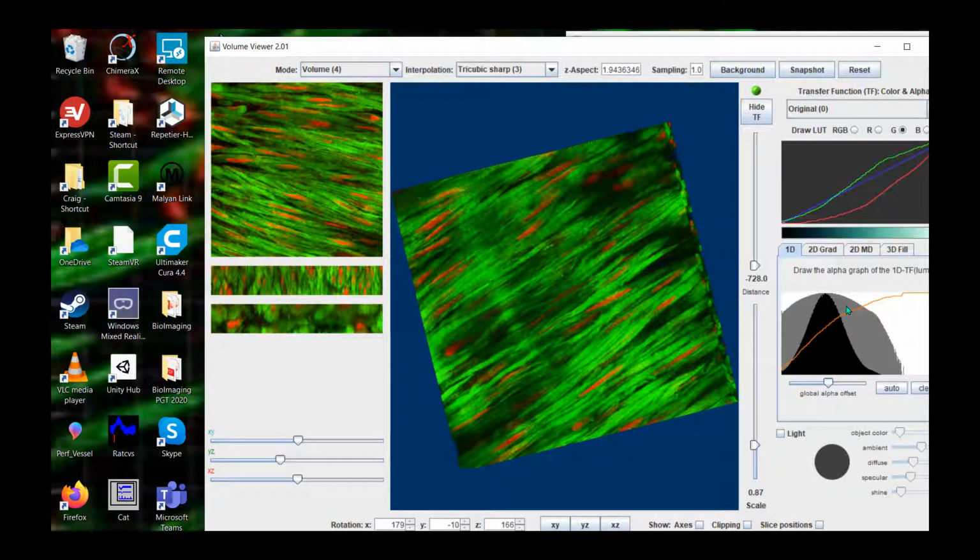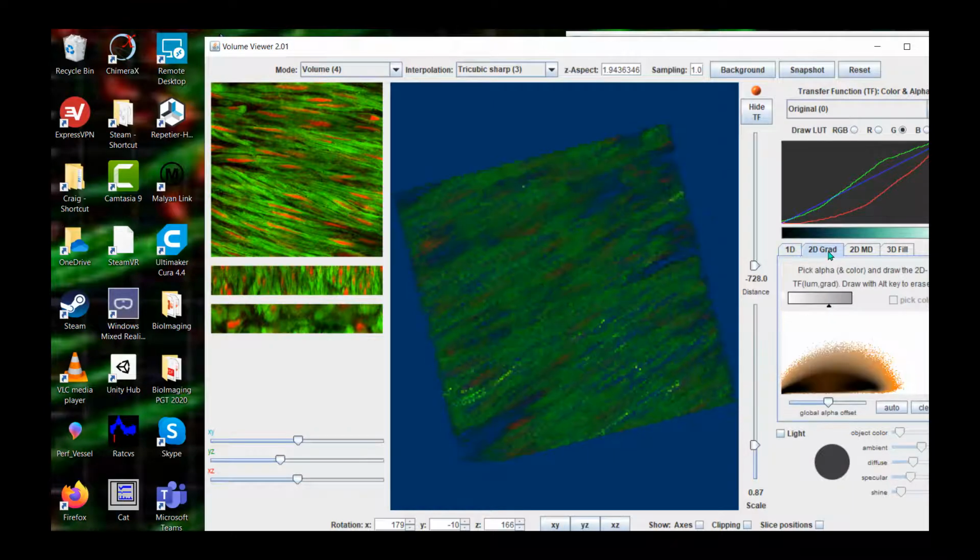Down in this panel here, what I want to show you, we'll come back to this, is this opacity curve. I'll just show you what these other panels are while we're here. It helps you to select the data. As you can see here, it says pick an alpha value, which is a transparency and a colour, and draw in the 2D transform function.